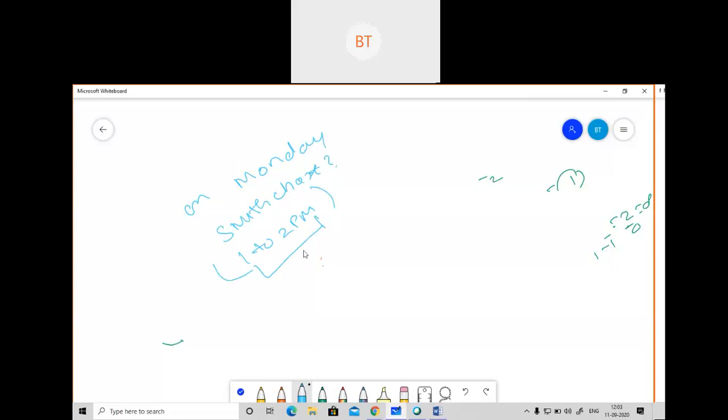So on Monday 1 to 2 p.m., if anybody, this class is not compulsory for everybody. So if anybody is having doubt on the Smith chart, okay Ritika, on Monday we will solve those impedance and admittance problems on Smith chart. On Monday, we will clear your doubt on impedance and admittance problems on Smith chart. So on Monday, our regular class will be there as